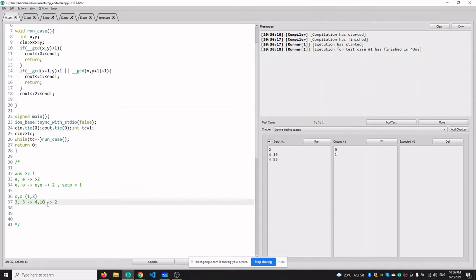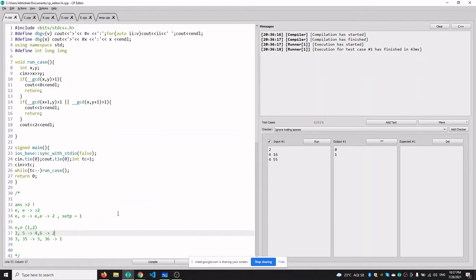So it will become 6. So the next example is 3 comma, let's say we have 35. So in this case we do not have to increase both the values, we can just increase the second value, so that we will have our GCD as 2 and our answer would be 1. So the worst example in our solution is two prime numbers. In this case, we will need to increment both of the two, and we will have our maximum number of steps as 2. So yeah, this was the solution.